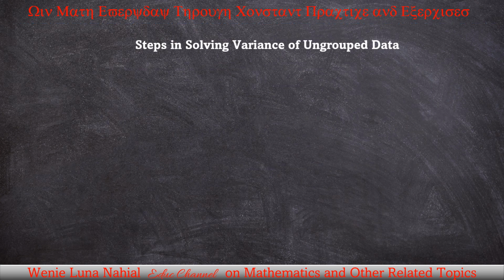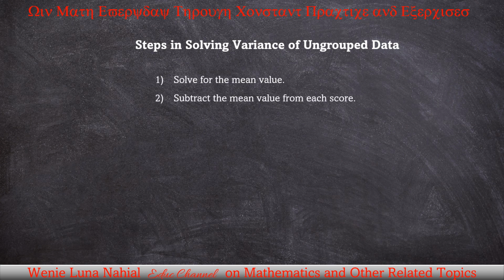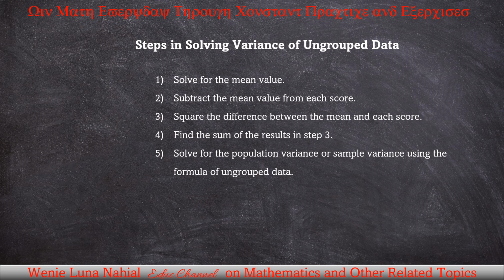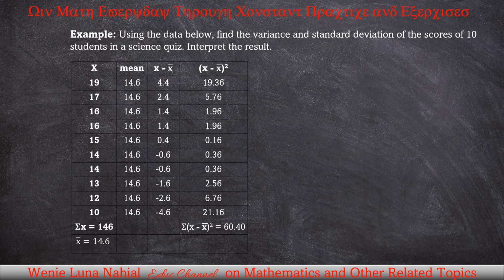Steps in solving variance of ungrouped data. Solve for the mean value. Subtract the mean value from each score. Square the difference between the mean and each score. Find the sum of the results in step 3. Solve for the population variance or sample variance using the formula of ungrouped data. Okay, for example,